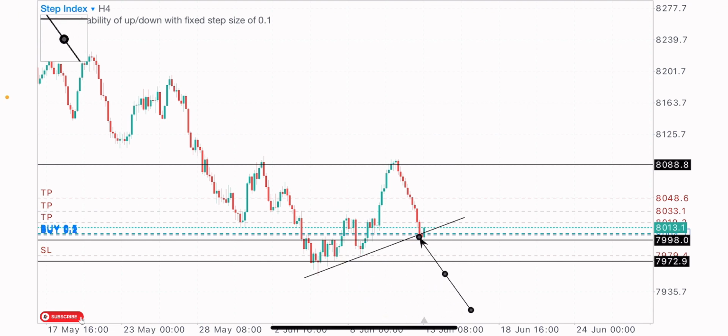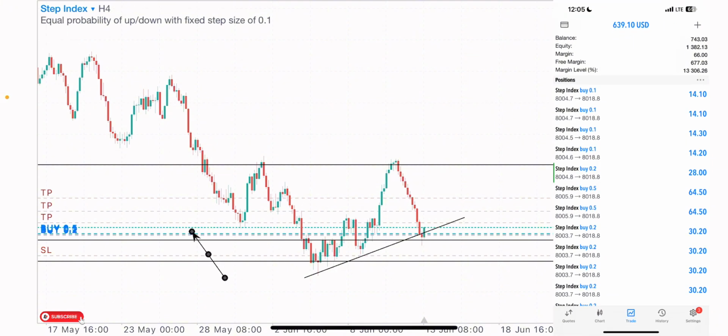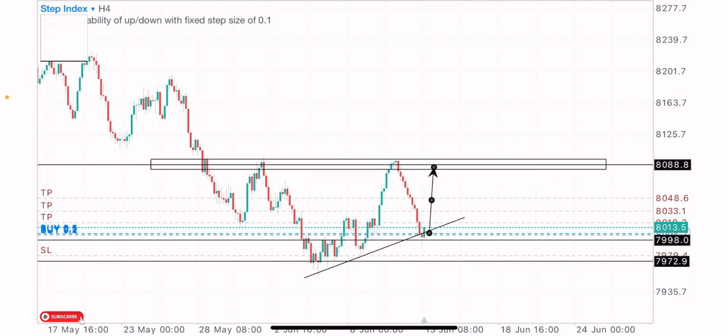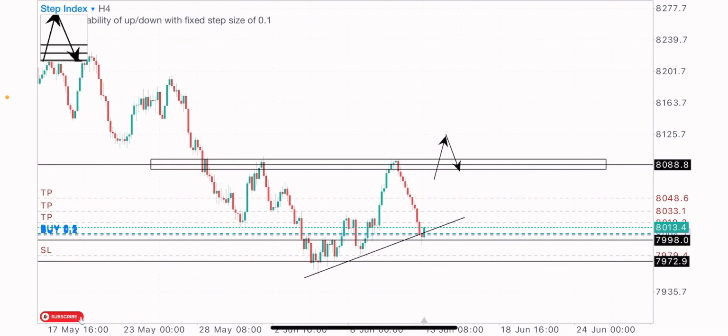I expected the buys on step index, and I would hold my trade to run up. I'm expecting this index to buy to as far as this level of resistance, this point where price sold from. I'm expecting this index to buy to this zone, possibly breaking above this level of resistance, turning it to a support for more buys. So the sells we just got here are just like a retracement. These sells we got here are a retracement for these buys, and the market is trying to form a reversal pattern formation, with price breaking above this level, giving a retest on it for the buys.